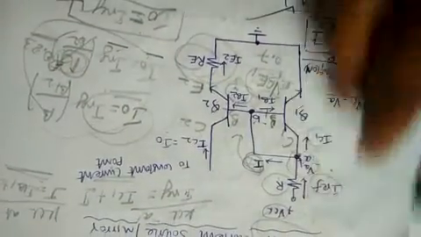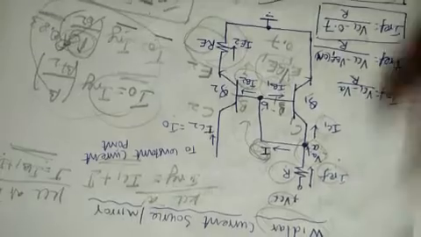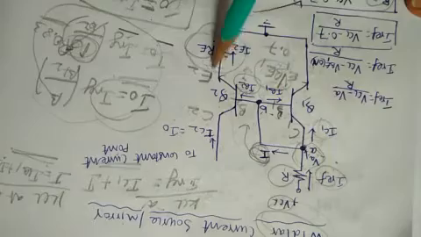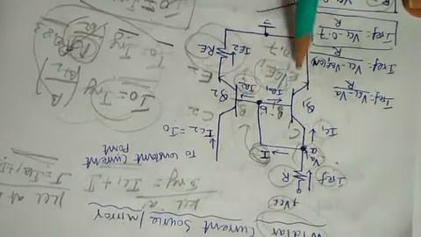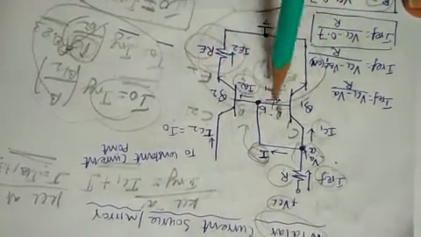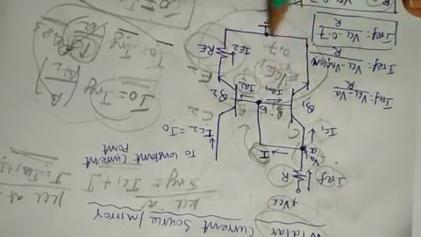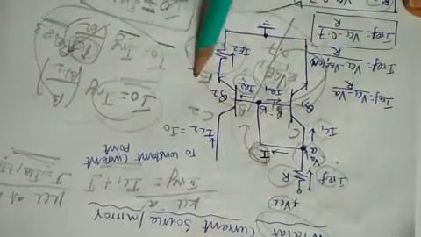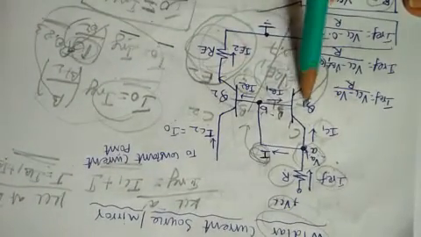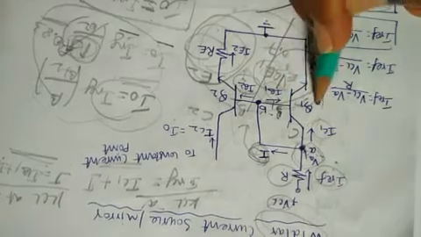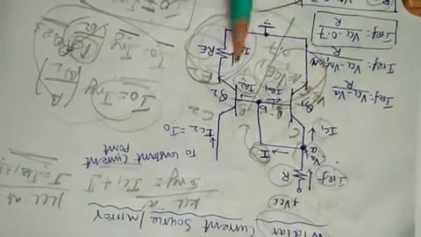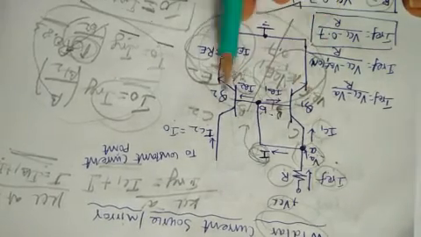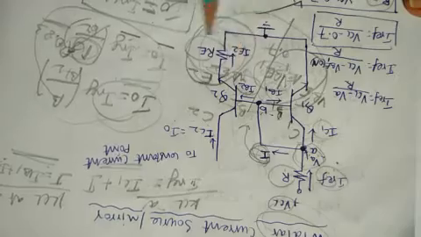So to find this RE, we have to consider the base emitter region of both Q1 and Q2 and apply Kirchhoff's voltage law. Kirchhoff's voltage law in this base emitter region says the total potential around this whole loop is equal to 0, or one side of the loop potential will be equal to the other side of the loop potential. So one side of the loop has VBE1 to switch on, and the other side of the loop has VBE2 to switch on, plus the drop across RE.